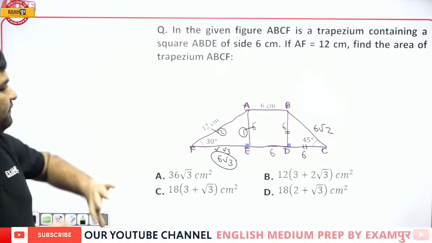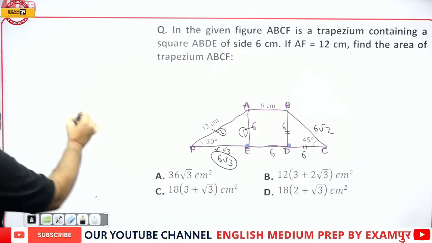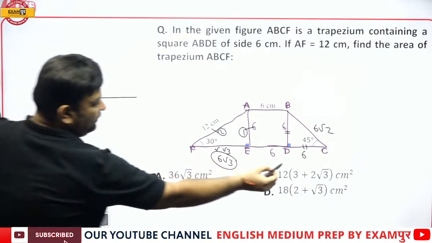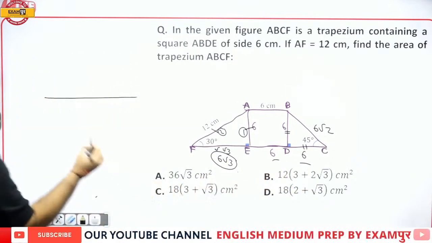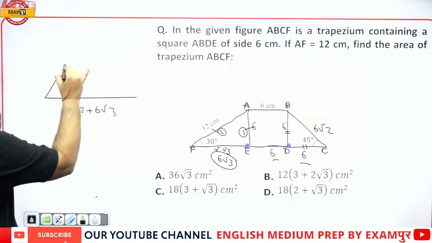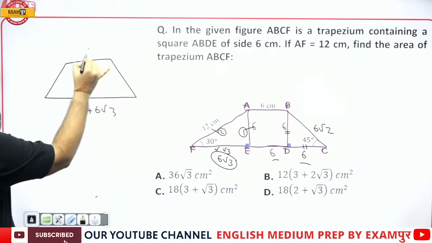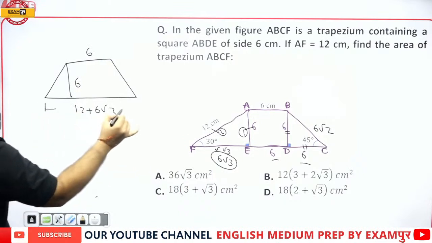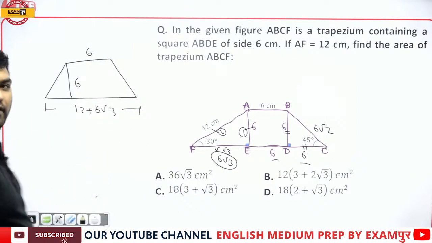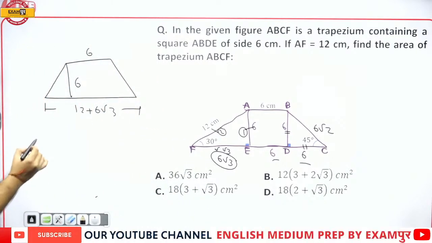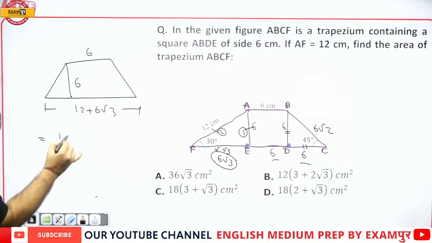Now in a fair diagram, it's looking like a side of 6 plus 6 plus 6 root 3. 12 plus 6 root 3 is this side, and this side is 6 and the height is 6. Game over, guys. So area is half into sum of parallel